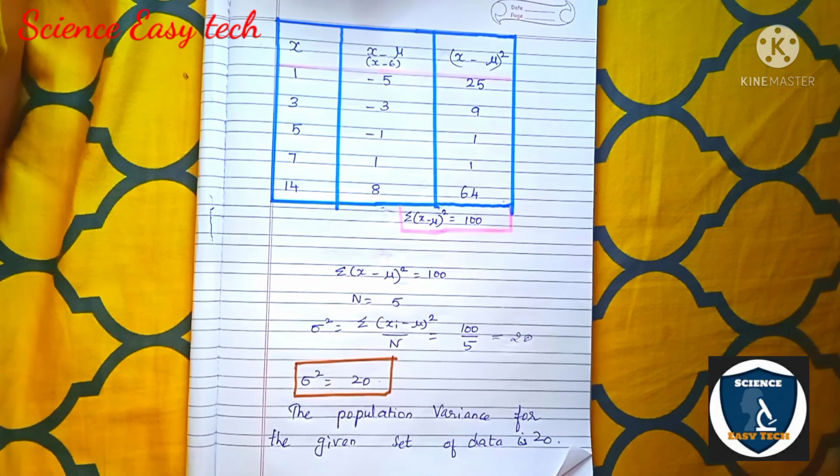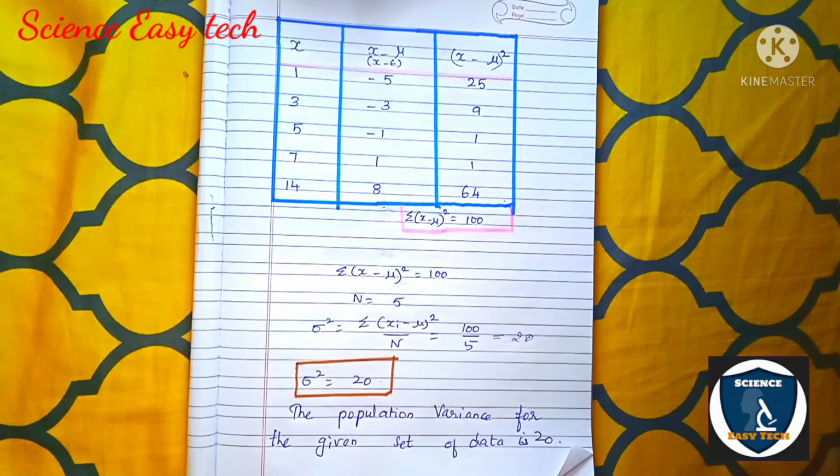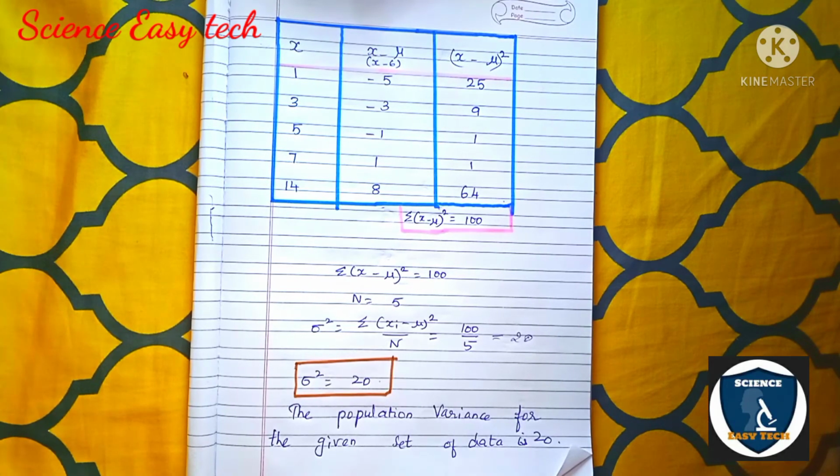Okay, so now you will have a clear idea with regard to variance, that is sample variance and population variance. You can watch our channel playlist or the link given in the description box for standard deviation videos, so that you will know the difference between standard deviation and variance, because they are more or less the same, only in standard deviation you are taking the square root. Okay, so that is the difference. In my next video I'll be telling the formula for standard deviation and the formula for variance.